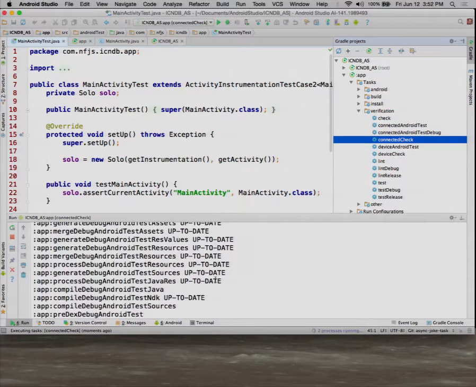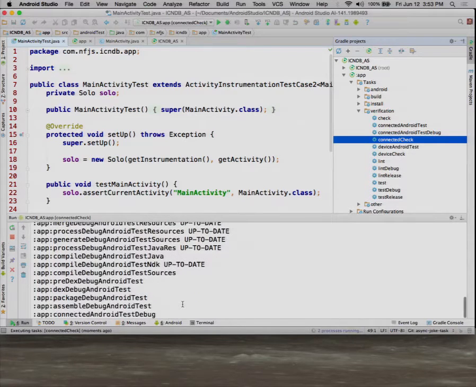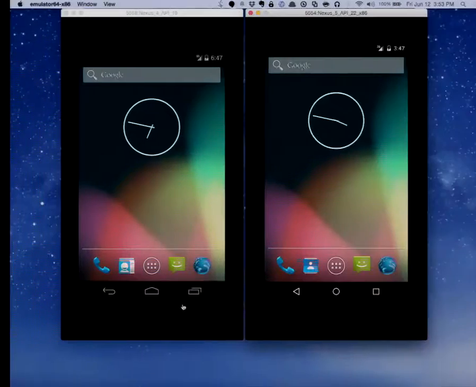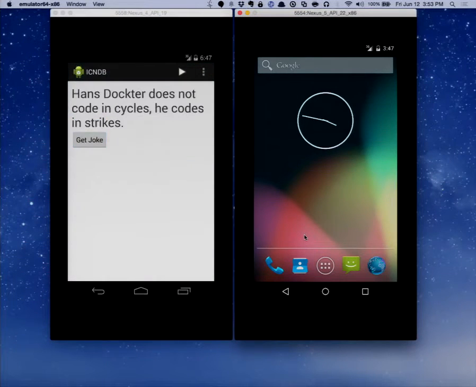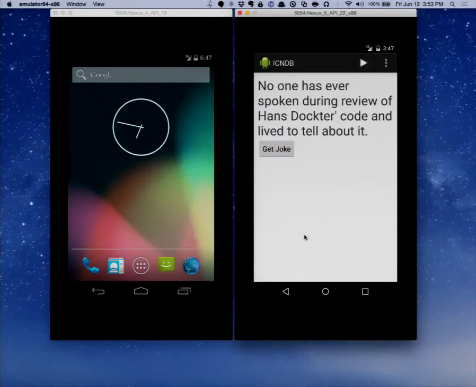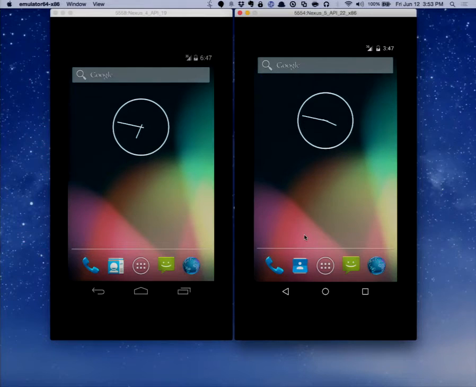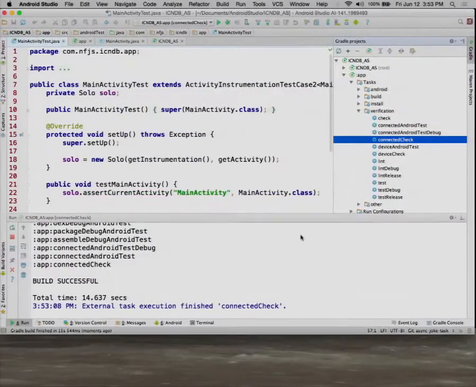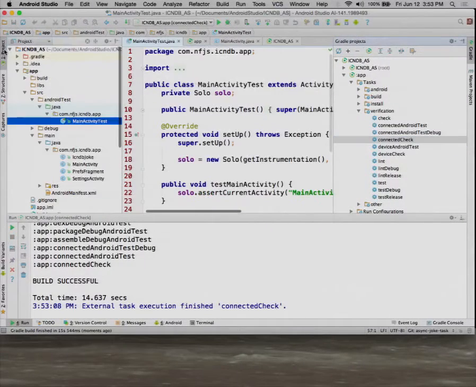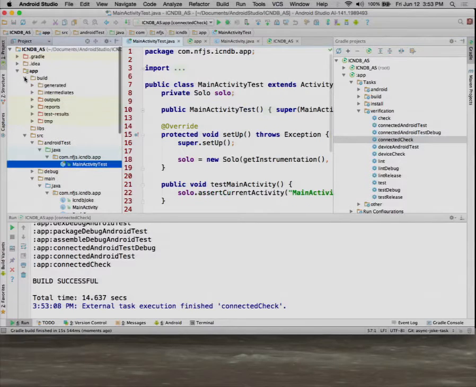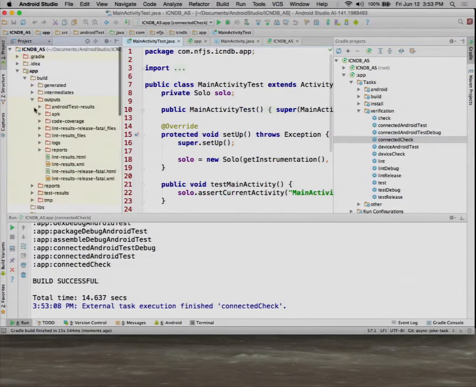I'm going to double click on that, and then you will see that it's cranking its way through, and once it gets to the debug test, which it looks like we're there, let me go to the emulators and watch how it's going to run both emulators and all the tests simultaneously. And then when I come back here, I can actually look at the output under build outputs,